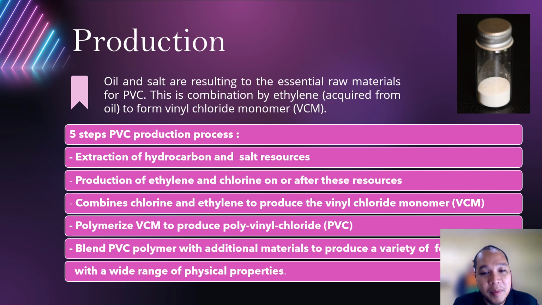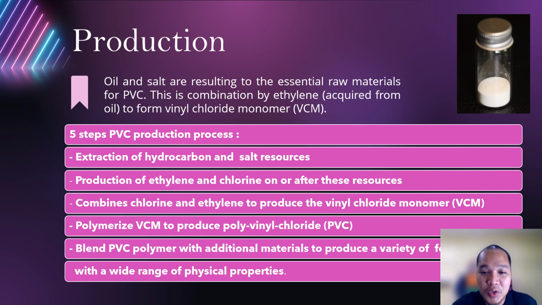So this is a 5-step PVC production process. Extraction of hydrocarbon and salt, production of ethylene and chlorine from these resources, combining chlorine and ethylene to produce the vinyl chloride monomer, VCM,